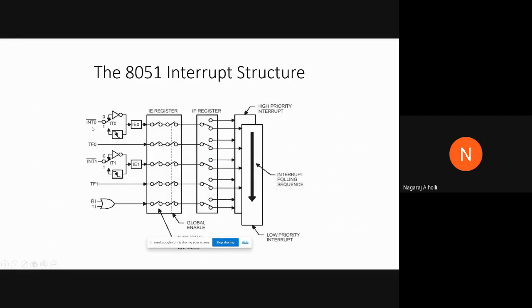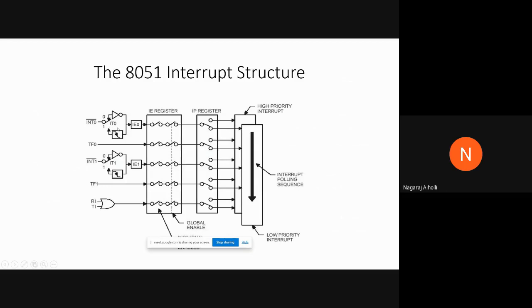So this external interrupt 0 has the highest priority. This will be enabled, right? It is enabled either by the level of the clock pulse or the edge of the clock pulse. So it is level triggered or edge triggered. If the IT0 bit in the TCON register is 0, then the interrupt 0 is enabled by the level.